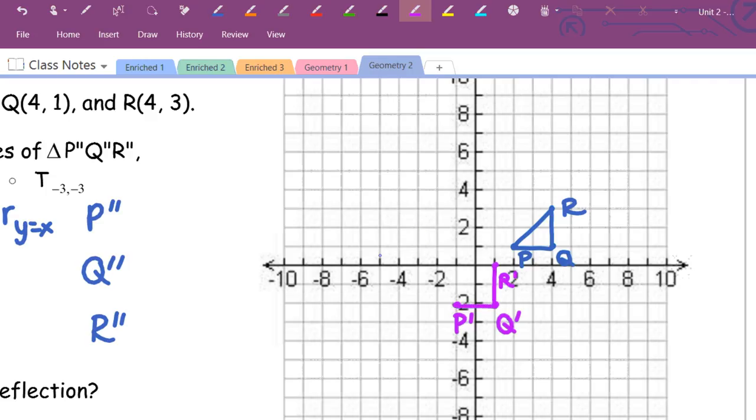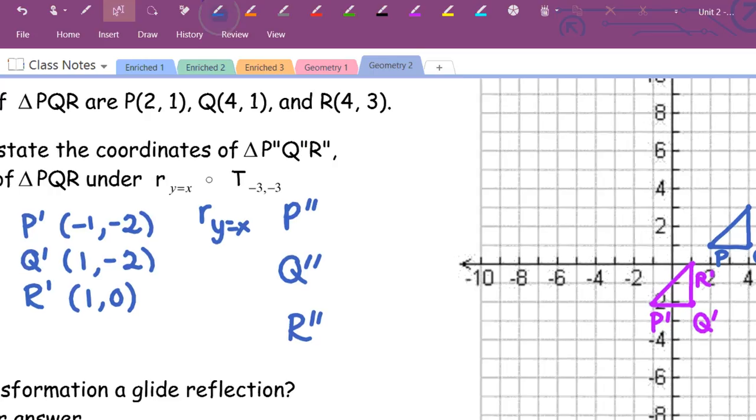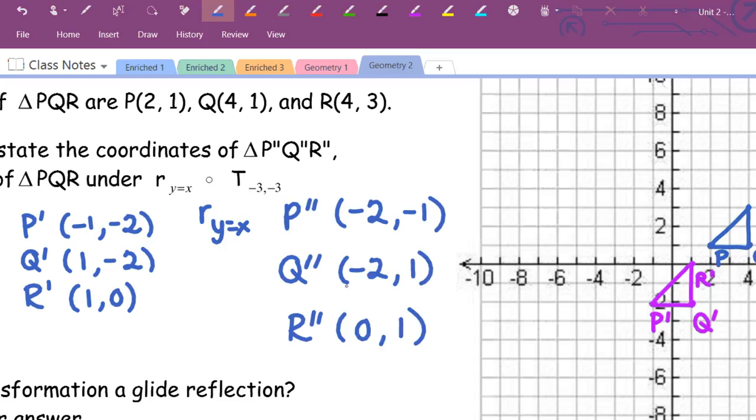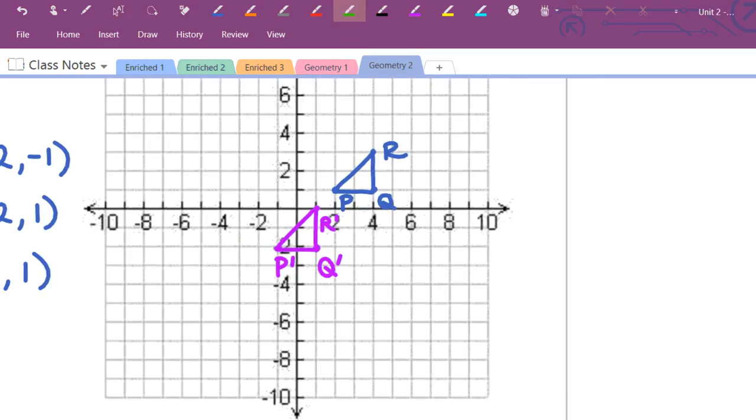That's fine. And now, after I do that, I'm going to reflect it over the line y equals x. So, Aubrey, what do you think C double prime would be? The image of C after the y equals x reflection. Okay, can we keep going? Good. So now we're going to graph those. I'll do those. Now if I do this,